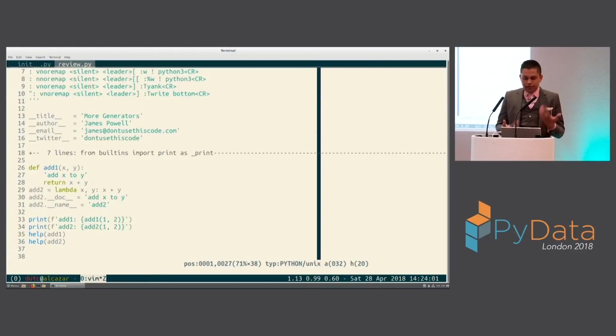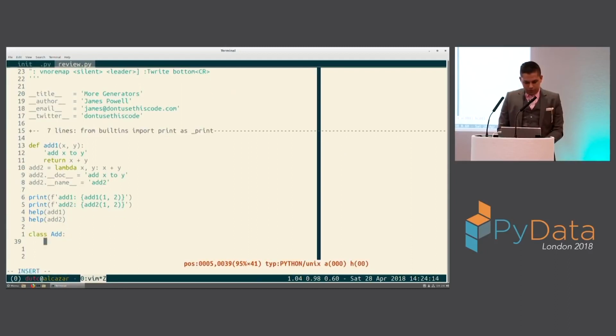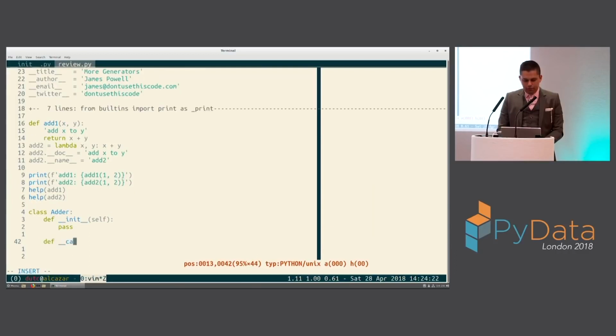And in fact, it turns out that these are just two ways to write essentially the same thing, except there are certain syntactical restrictions to the lambda that we don't have in a normal function. We can't have statements. It's just expressions. Let me throw in another example. And I want you to tell me what the difference between this is, and we'll call this adder. And we'll put a pass here because we'll use this in a second.